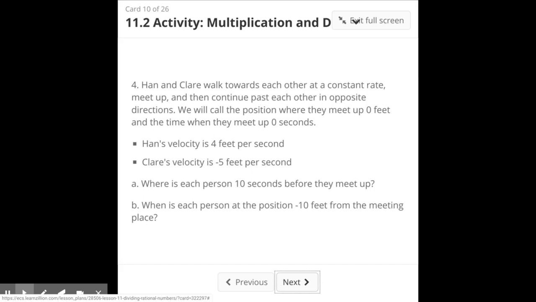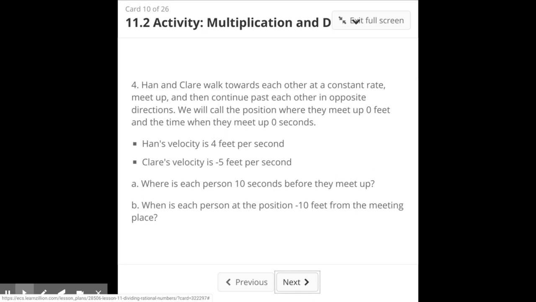Okay, Han and Claire walk towards each other at a constant rate, meet up, and then continue past each other in opposite directions. We will call the position where they meet up 0 feet, and the time when they meet up 0 seconds. Han's velocity is 4 feet per second. Claire's velocity is negative 5 feet per second. Where is each person 10 seconds before